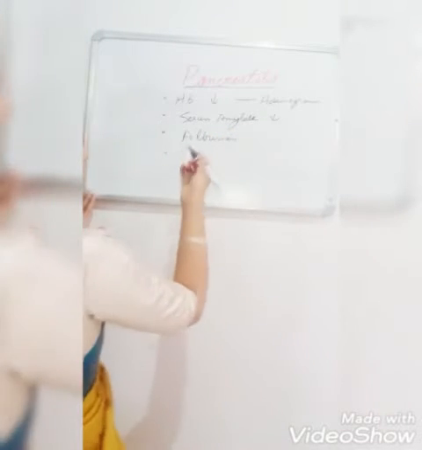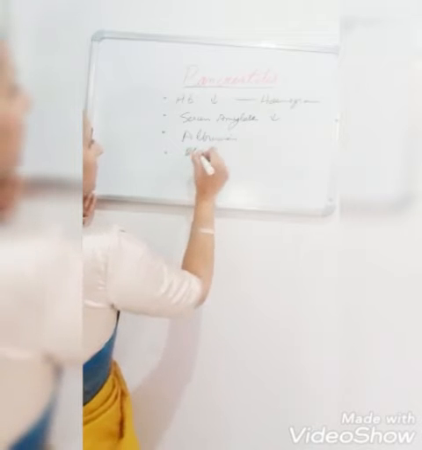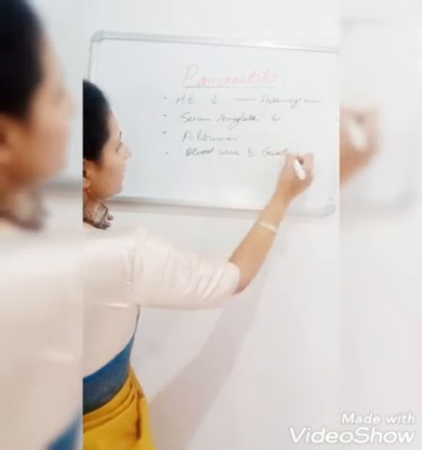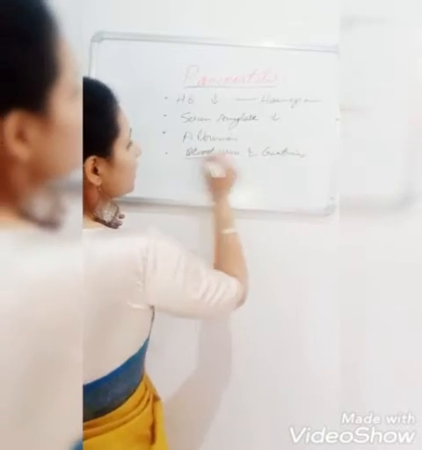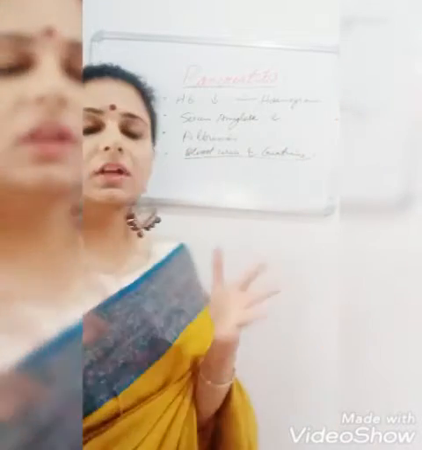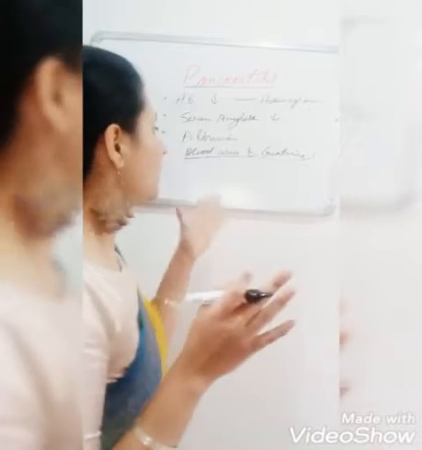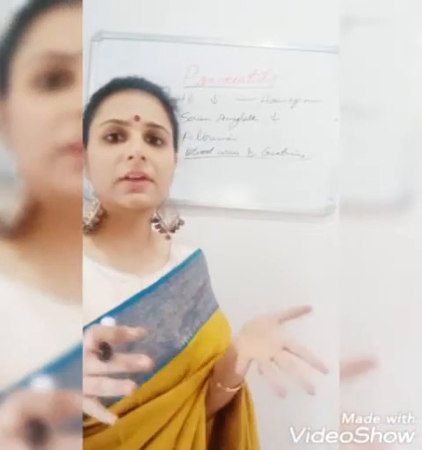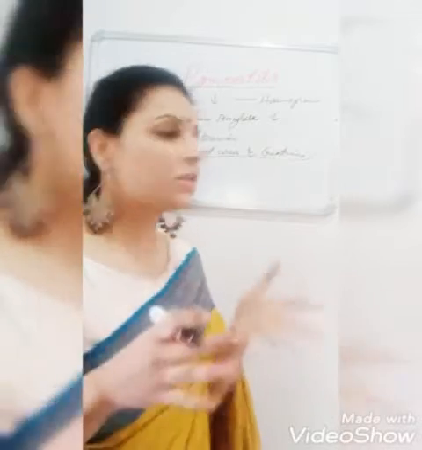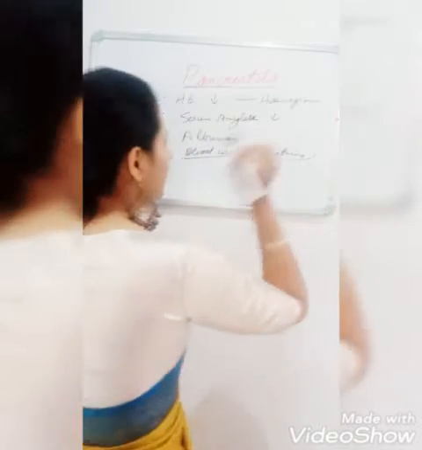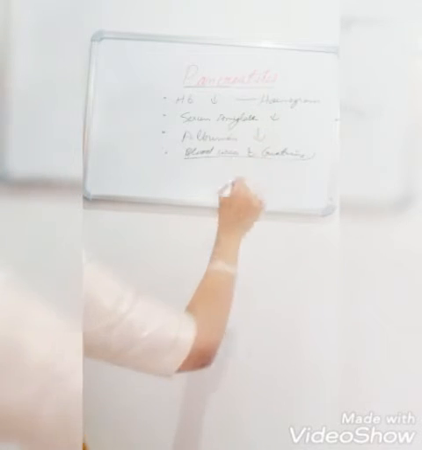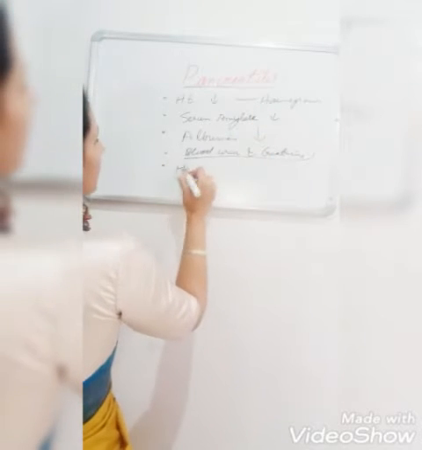Then blood urea and creatinine are also investigated. Blood urea and creatinine to check for any anomaly present in the kidney, to check कि कोई renal related problem तो नहीं है, renal dysfunction तो नहीं है, तो उसके लिए blood urea and creatinine करेंगे. Then albumins are low, proteins कम है. Then there is hypocalcemia.